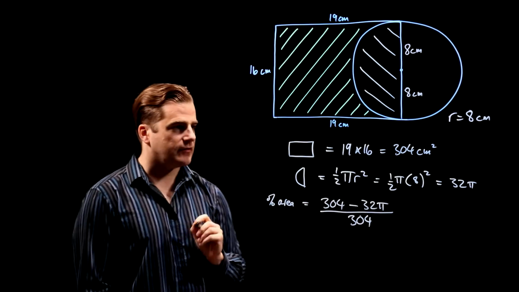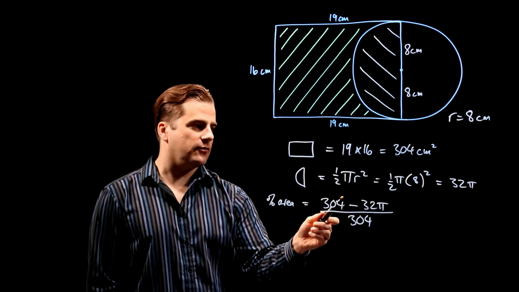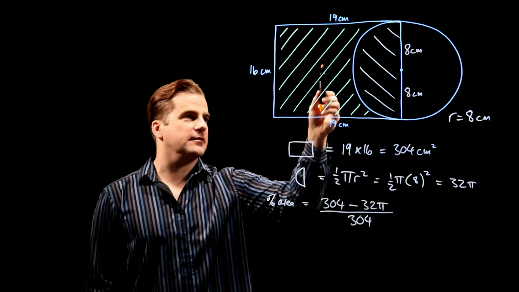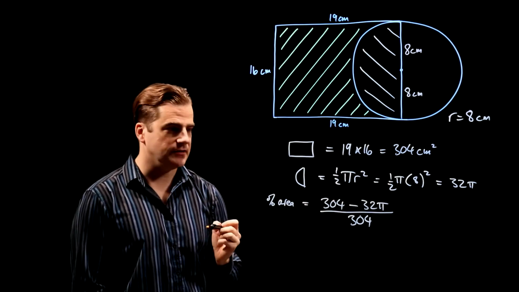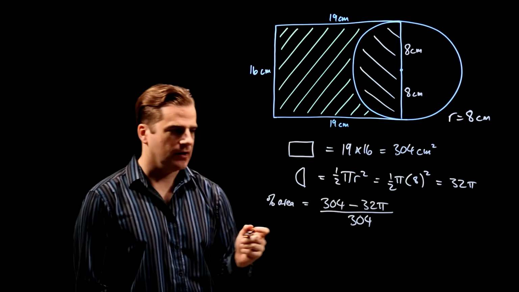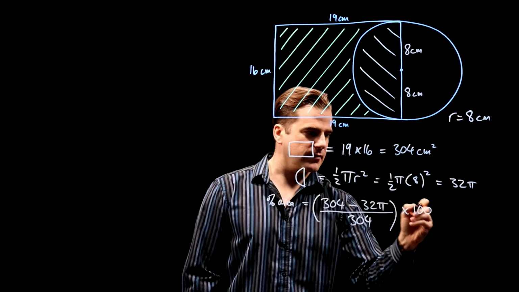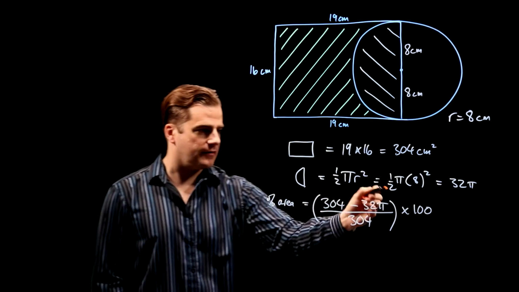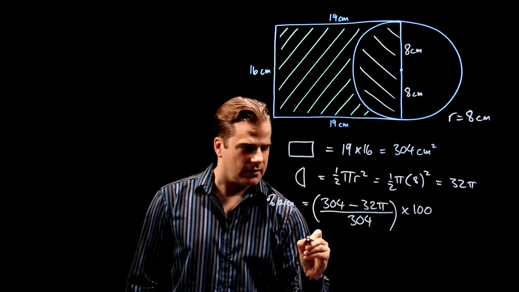So that's just the fraction of the area of the shaded bit as an area of the whole thing, expressed as a fraction or a decimal. To turn it into a percentage, just multiply by 100. And that's it. That is the answer. Stick that in your calculator and you get